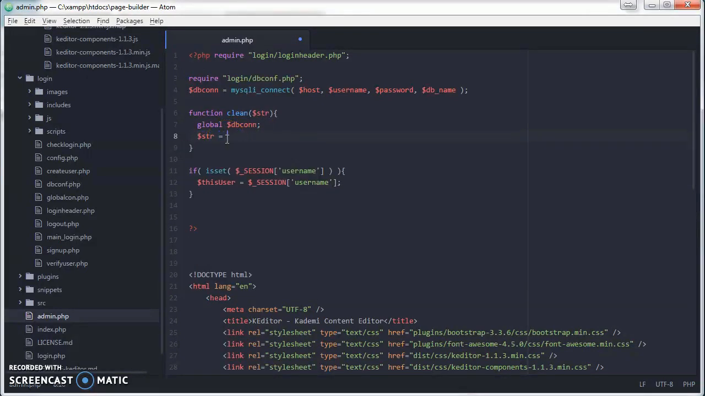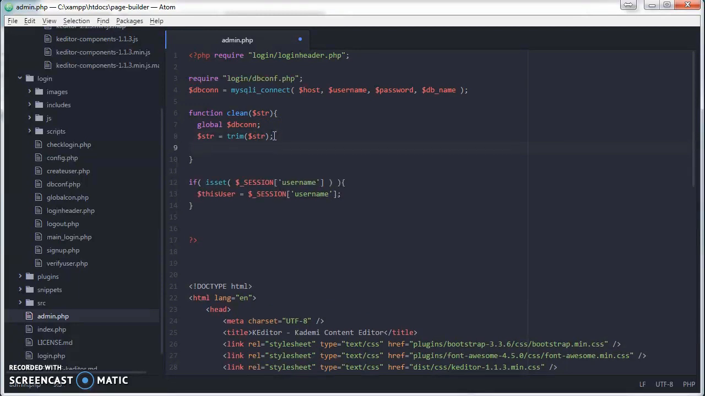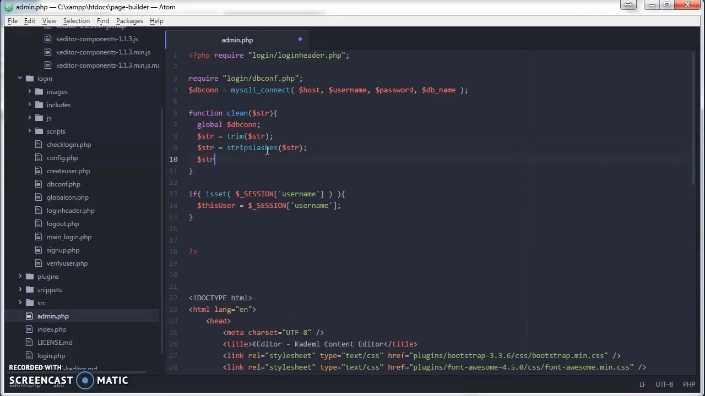The first thing I want to do to the string is I want to trim it. Okay, remove all spaces at the front and the back. The next thing I want to do to my string is I want to strip slashes, remove all slashes. The third thing I want to do to my string is I want to